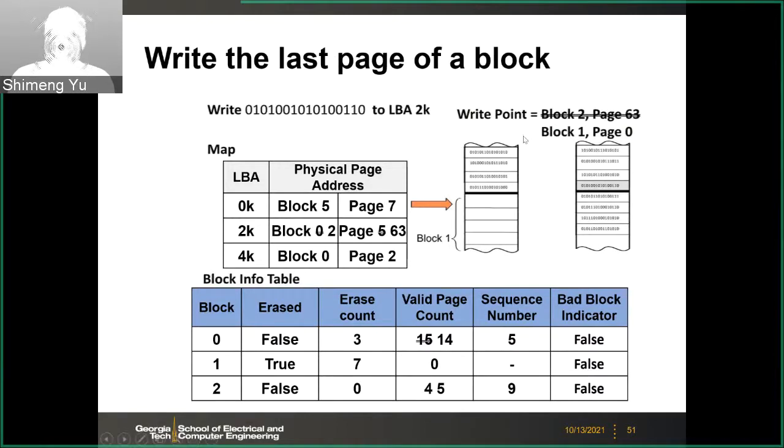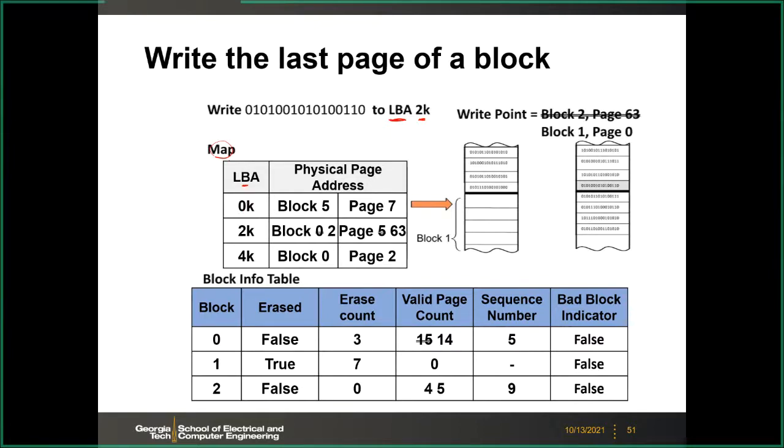So here we are going to show one example. You are going to write the last page of a block in NAND flash. So think about here is your data. And you want to write this data to the logic block address at 2K. This LBA is logic block address. So here in the FTL, you will have a mapping, this map. So on the logic space, every time you write the data in the length of 2K,